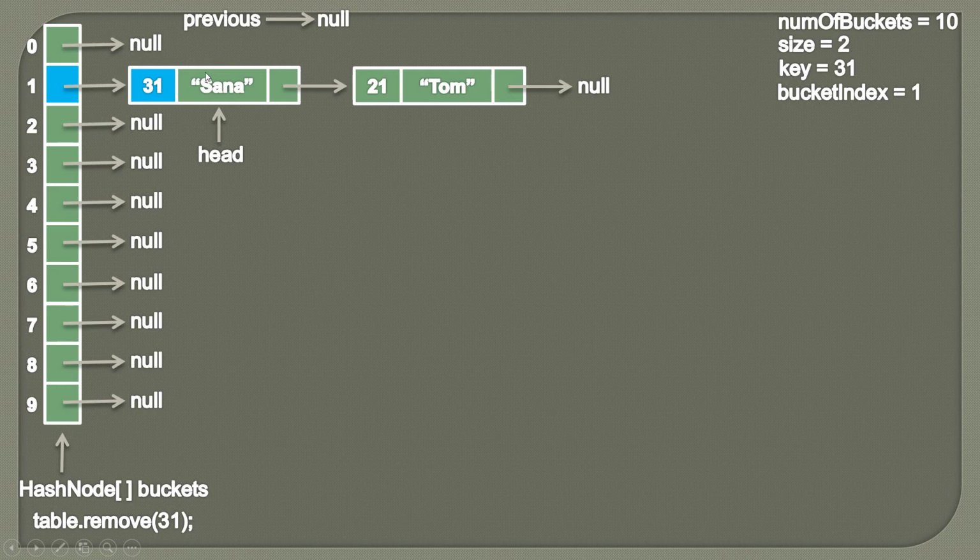So here you can see head.key is equal to the key which we want to remove. It means we want to remove this key. So first we simply decrease the size, so it will become 1, because we are removing this key now. And after that, we need to break this link so that this node can be freed up. But if we remove this link directly, then all the nodes in this list will be removed. We only want to remove this node, and keep all the nodes after that intact.